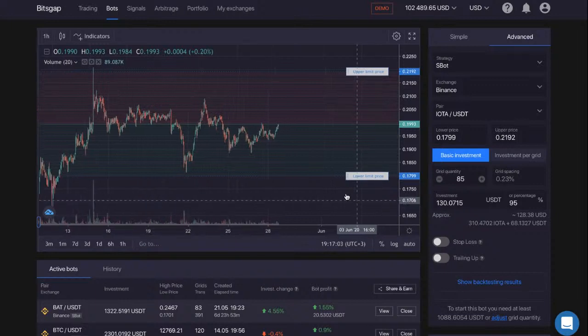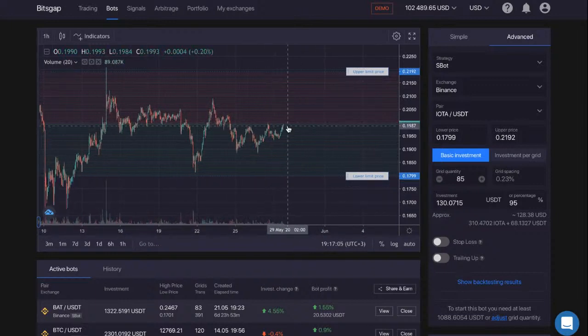So that means that in order for me to initiate this bot, I must have enough of the base currency so that the bot would be able to place all of these sell orders. Because if you want to sell something, you must possess it, right? So in this case, you must have the base currency, IOTA, to initiate the bot. And it tells me that